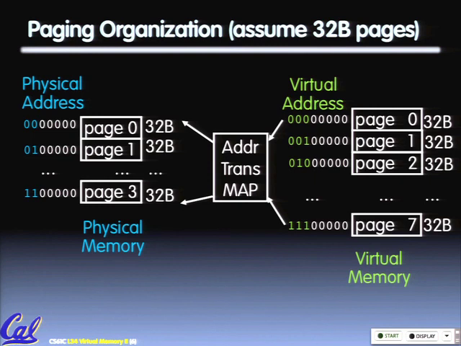So for every single virtual page, I need to know, where does it live? Does it live on disk or does it not? If it lives on disk, I need to know where it lives. If it doesn't live on disk, then the OS will handle that for me. And the OS will do the swapping so that by the time I finally get to memory, it'll be resident and be updated. So this address translation map or page table will tell me where